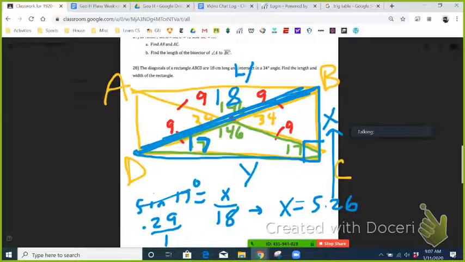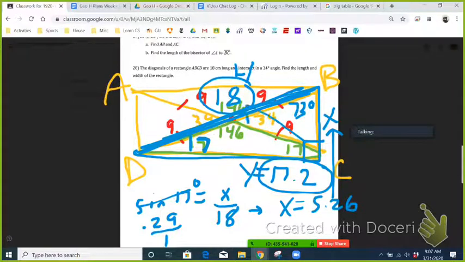And then to find the other side, you could do the Pythagorean theorem with 18 and 5.26 by squaring them, subtracting them, and taking the square root. And you get that this side Y is about 17.2. Alright, and that makes sense that this side is pretty close to this side, because 17.2 is across from a 73-degree angle, which is pretty close to 90, whereas this side X is across from a 17-degree angle, which is